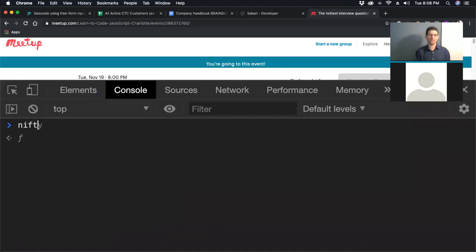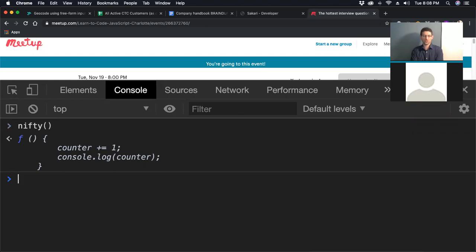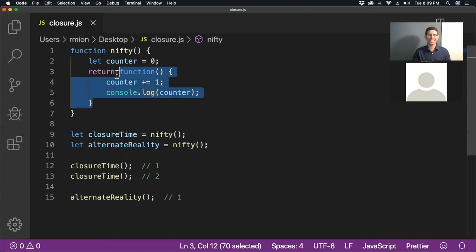So if I call nifty, interesting. So the console is showing me what is returned from nifty. And that is to say it returns a function. Too cool. So just as the code would have me believe, I get this function, the whole thing, back from nifty. Not the function being run or the function being called. I get the function.